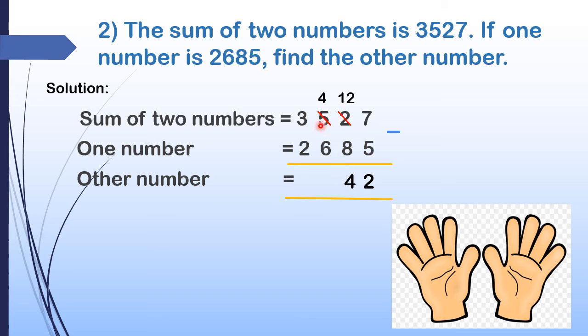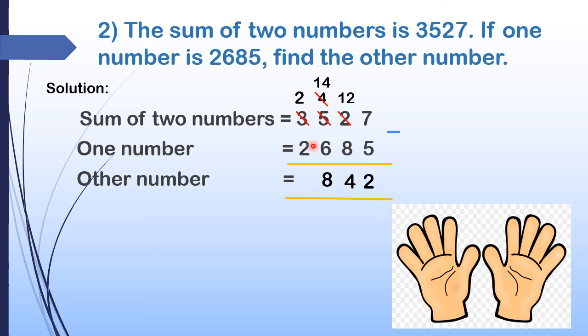Now we move on to the next digit. 4 minus 6. What is 4 minus 6? Yeah, we can't find 4 minus 6. So we have to borrow from the previous digit. So 3 becomes 2. Then 4 becomes 14. 10 plus 4, 14. Now 14 minus 6. So take your fingers. After 6: 7, 8, 9, 10, 11, 12, 13, 14. Here 8 fingers are taken. So the answer is 8.